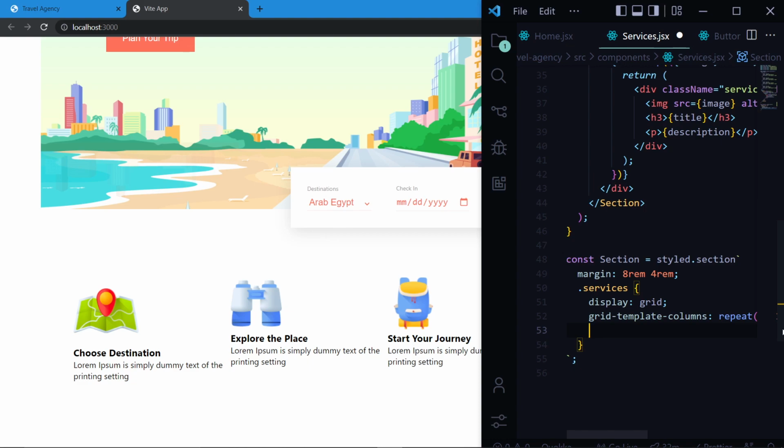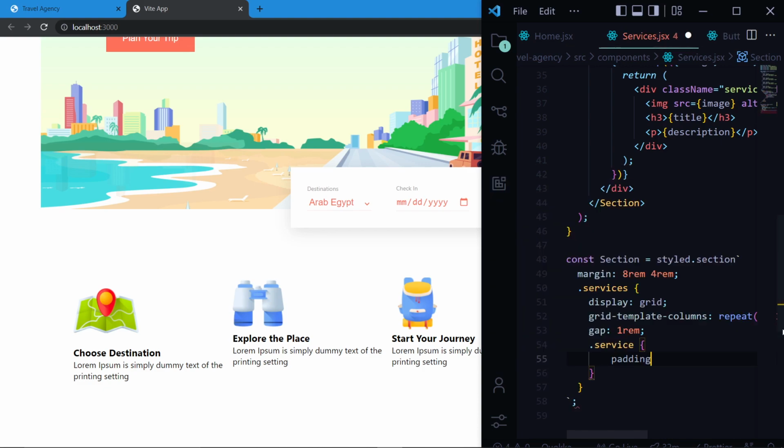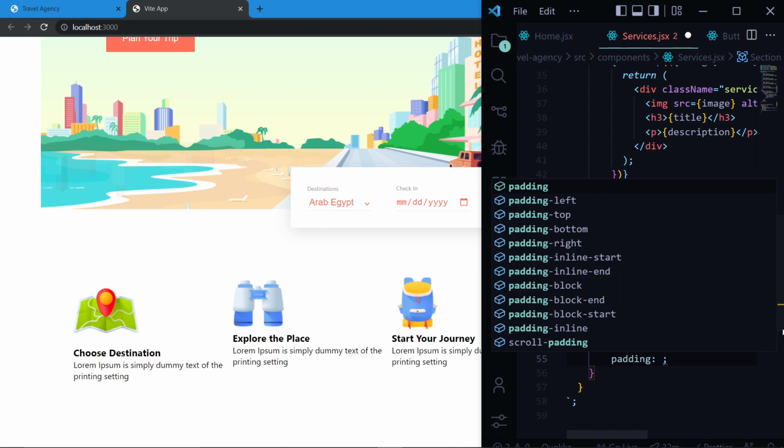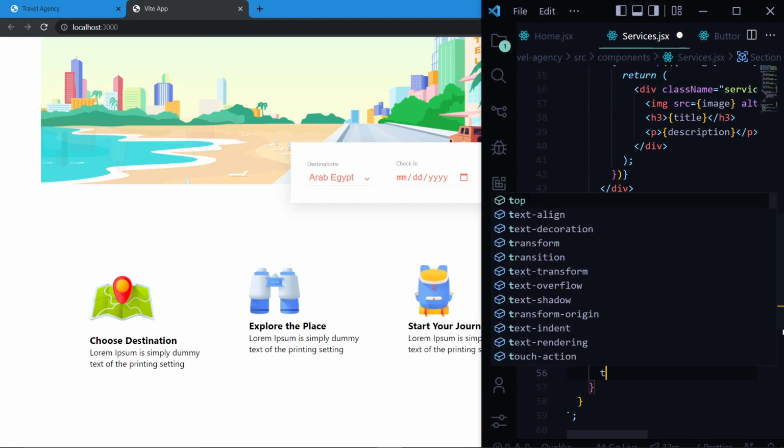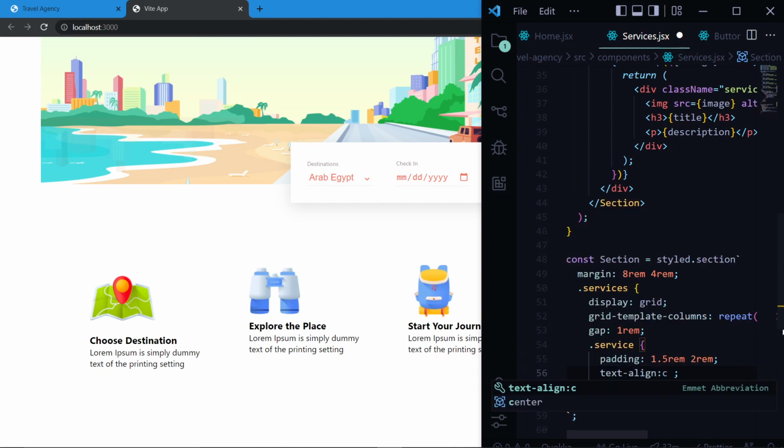Then let's give it a gap of 1 rem. Select the service, give it a padding of 1.5 rem and 2 rem. Give it a text align of center,